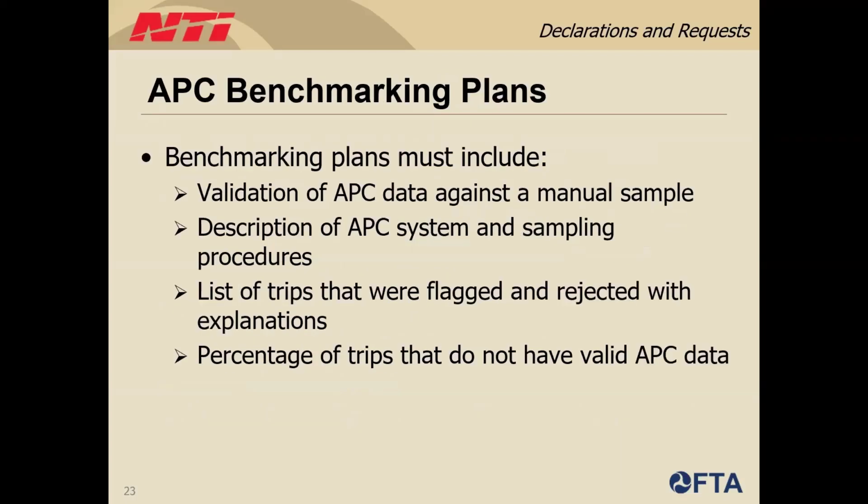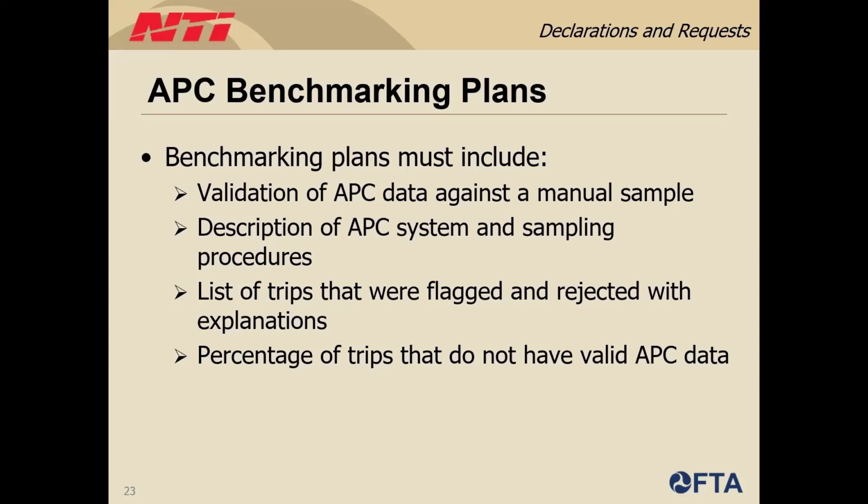I will briefly review what is required in your benchmarking plans each time that you certify your APCs, but you can find more detailed information in the policy manual. There are also further descriptions there of what is required for manual sampling, which we covered in the last slide. Your benchmarking plans must include validation of APC data against a manual sample, a description of your APC system and your sampling procedures, a list of trips that were flagged and rejected with explanations for each, the percentage of trips that do not have valid APC data over the course of a typical year,